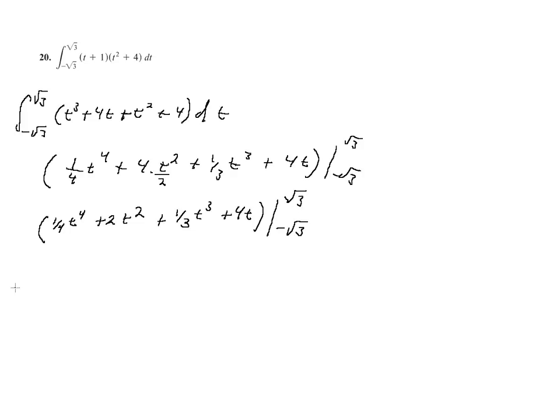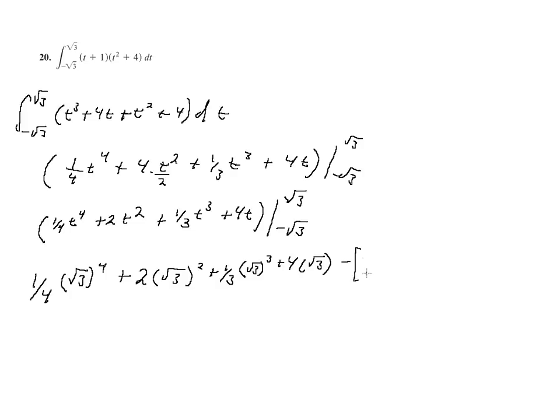So we have 1/4 times root 3 to the 4th plus 2 times root 3 squared plus 1/3 root 3 to the 3rd plus 4 times root 3, and then that's going to be minus, I'll put a bracket there,